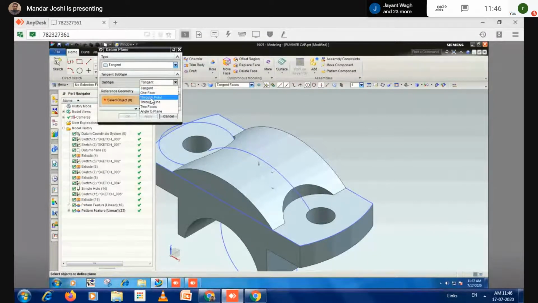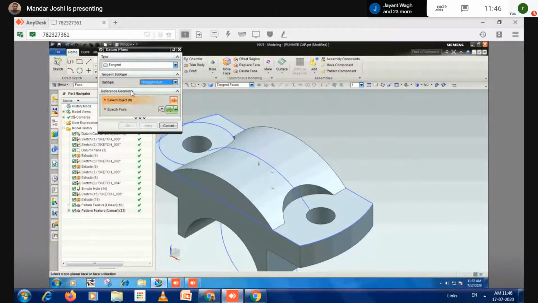I select the through point option. I select this face. And in the point drop down, you take the input option.